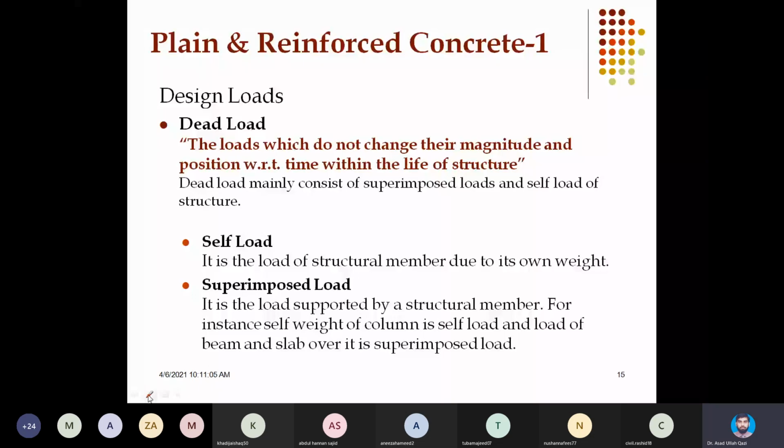Now, in order to design reinforced concrete members, we need to first understand the design philosophies and the loads, load transfer paths, materials, their stress strain relationships, some equilibrium equations. So all the required information